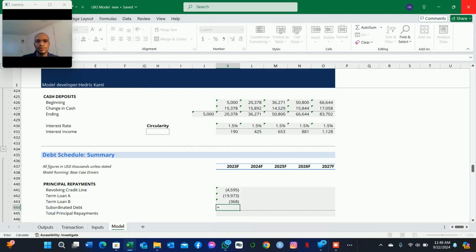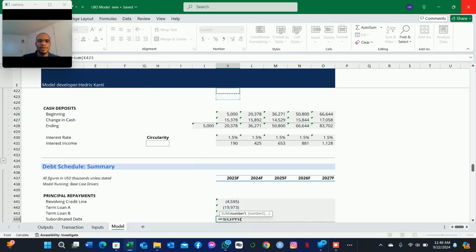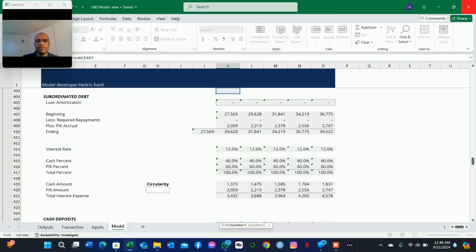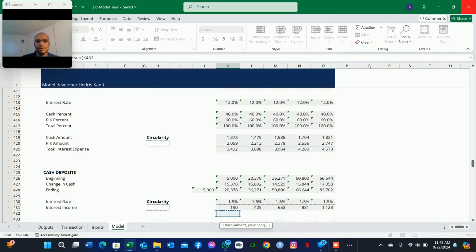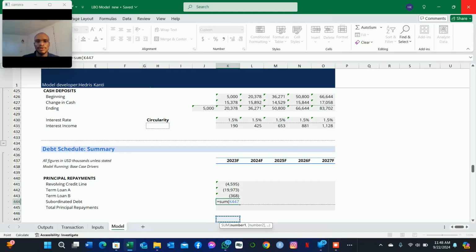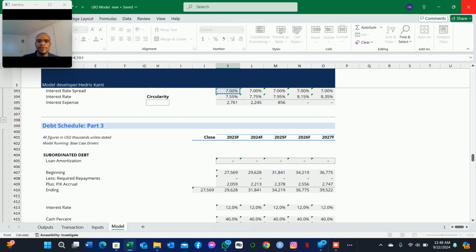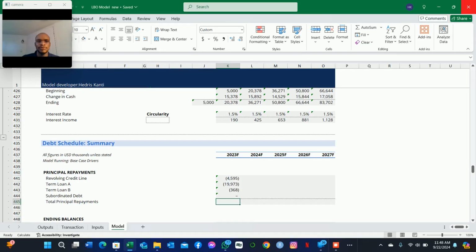And then for the subordinated debt, it's going to be the sum of... we don't have any discretionary payments for that. So in this case, we just reference whatever the required repayments were. So we have it here. In this case, we have nothing, but we just reference that as well. So we can now sum all of this together. So what we are saying here is that for the subordinated debt, we know very well that this